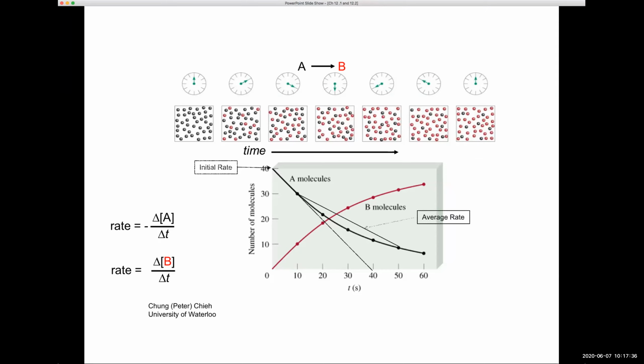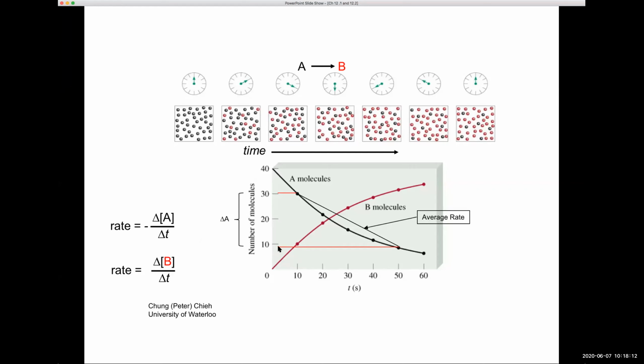So let's look at the next rate. That's called the average rate. In this average rate, I said, let's determine the average rate between 10 seconds and 50 seconds. So again, it's the same thing. We have to calculate the difference in concentration of A between 10 and 50 seconds divided by the time between 10 and 50 seconds. So the change in concentration of A is going to be about